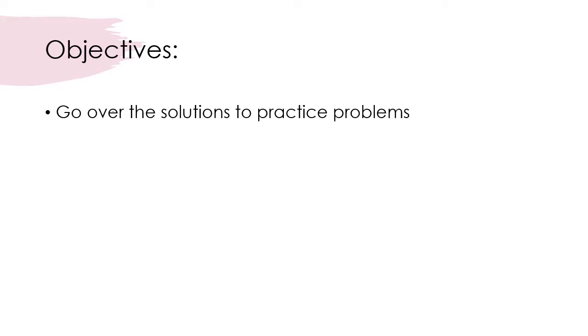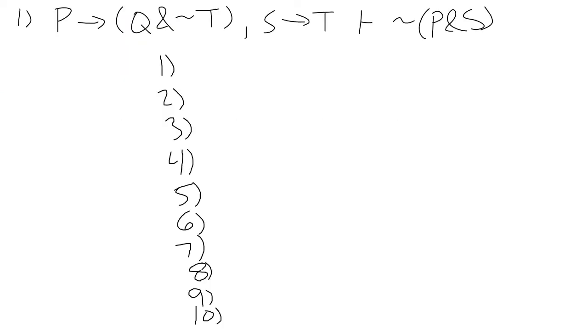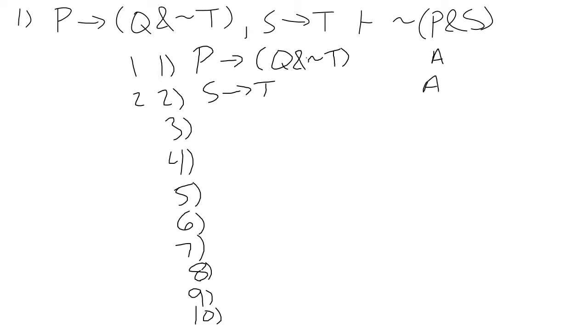In this presentation, we'll just go over the solutions to the second set of practice problems. So looking at the first problem here, we've got our two assumptions, and then our conclusion is a tilde. So we want to assume the whole opposite of that, so it's going to be P and S. And we're going to do PA,